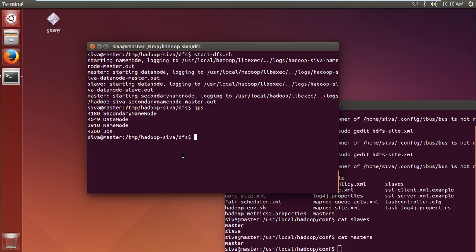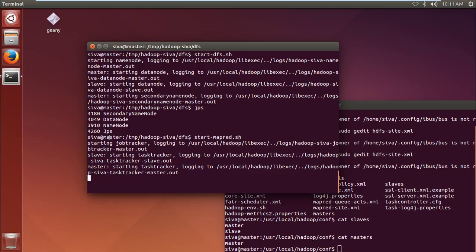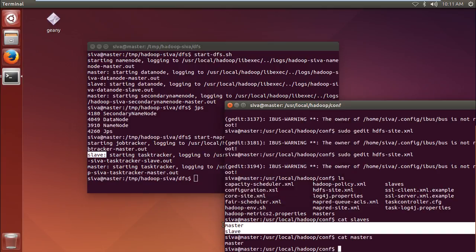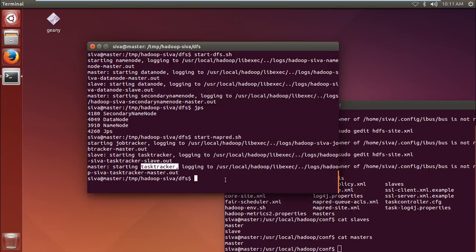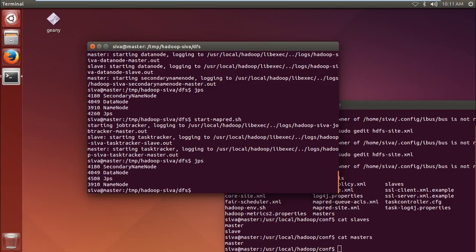Now again on the master machine, I'll try to start the task tracker and job tracker. I could use hadoop-daemons.sh to start the job tracker and task tracker, but there's a shortcut: start-mapred.sh. It will start all the mapred related daemons. So it is starting the job tracker on the master machine, and on all the IPs mentioned under slaves, it is starting the task tracker as well. So if I type JPS right now,